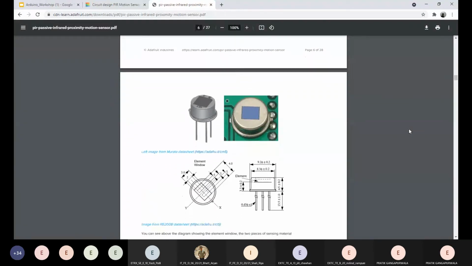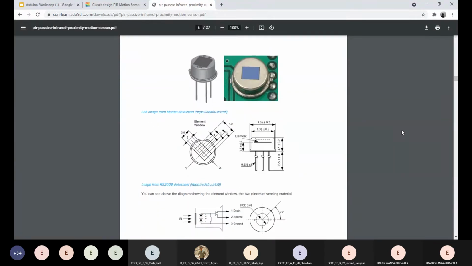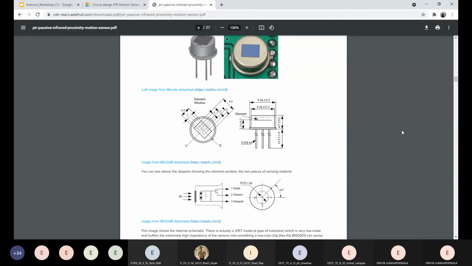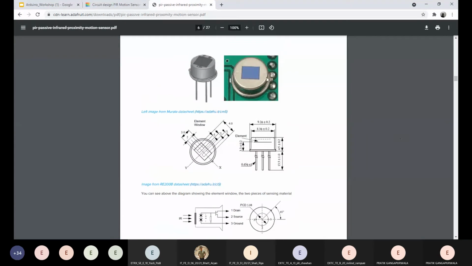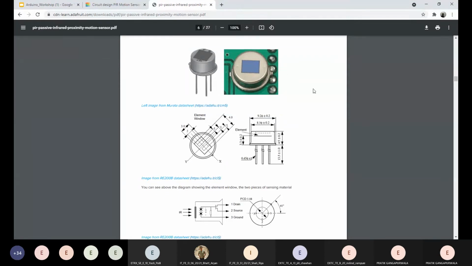Whenever you choose a microcontroller or a sensor, make a habit to watch for the data sheet, because if suppose in Arduino there is no library for this PIR motion sensor, you will have to design a PIR motion sensor, and you will have to add it in the circuit part of Tinkercad.